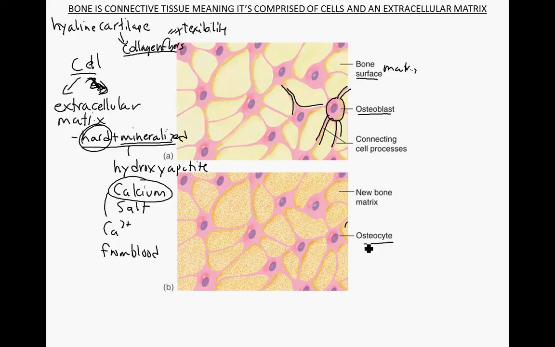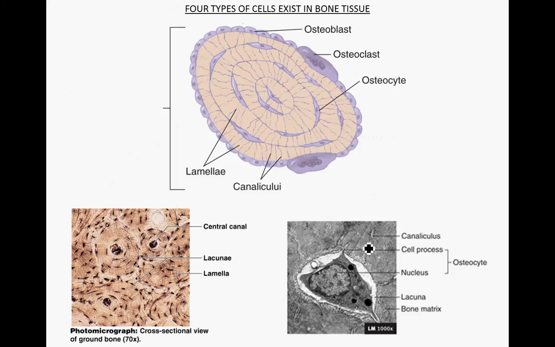So I'm throwing around some different terms here, osteoblast, osteocyte. We'll look at that in a second, but just take a minute and see if you can review what we just said there about the cells in the extracellular matrix. So four types of cells are going to exist in bone tissue. And I'm not sure that this is in your textbook anywhere. So the first group of cells here are the